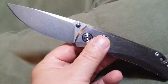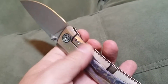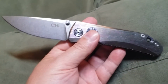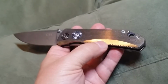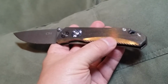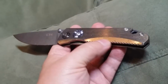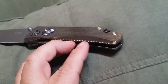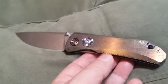I have kind of a hard time opening these blades. I have short fingers, and my fingers have a tendency to get on this lock bar, and so it kind of gouges my thumb opening these blades. But anyway, look at the freaking machining on this. And there's micro lines in this. It's not just chamfered. There's little teeny hairline lines milled into this with the same contour as the chamfer. And, oh man, I'm telling you, man, this thing is, dudes,